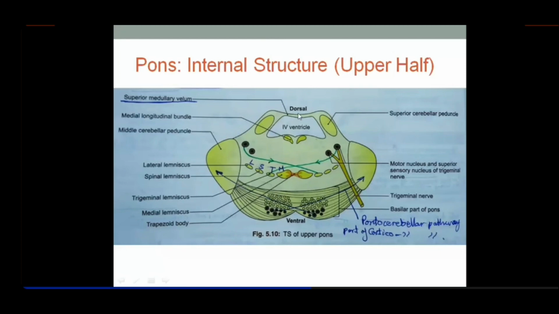Now there is one more identifying feature: instead of the inferior cerebellar peduncle, because we are ascending, it's the first time you are seeing the superior cerebellar peduncles, because you have crossed the transverse level. Just like in the popliteal fossa, the transverse crease of the knee joint is the widest space of the popliteal fossa. Similarly, at the level of the lower portion of the pons, or the level of the middle cerebellar peduncles, that's the widest portion of the fourth ventricle.